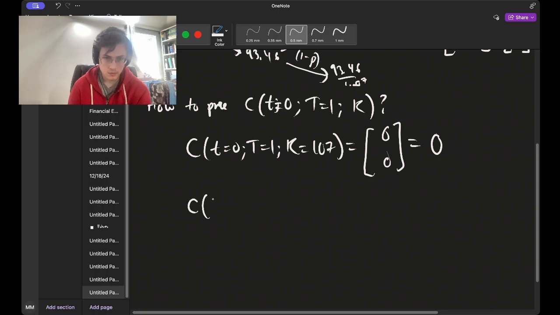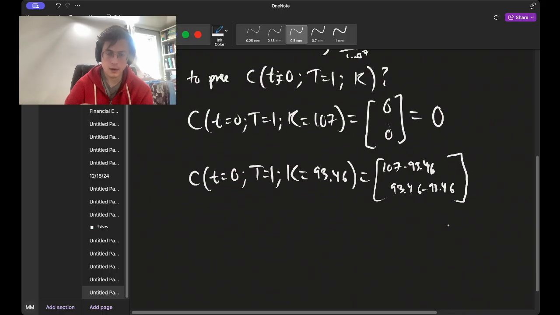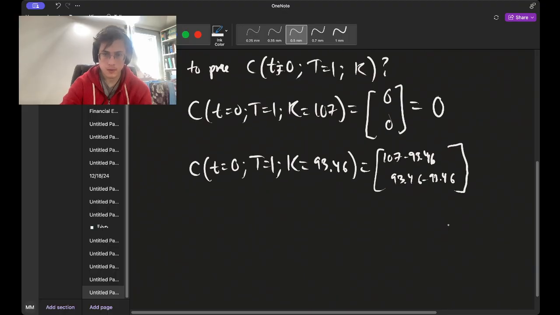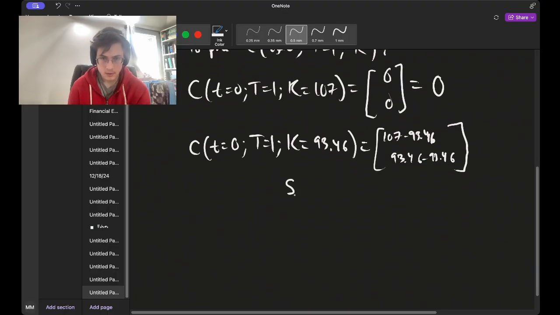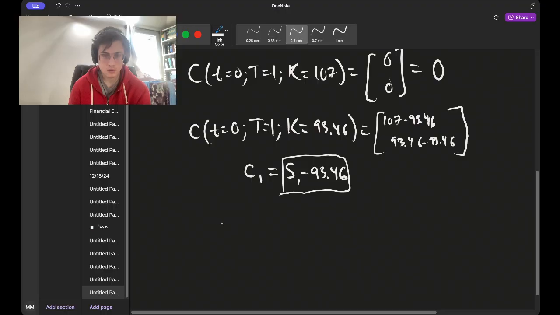Okay, so another example, this one is a little bit more difficult, what if the strike price is 93.46? So in one case, you make 107 minus 93.46. In the other case, you make 93.46 minus 93.46. So this is not 0 anymore. So how do you price this option? In either case, you make S1 minus $93.46, right? So what is the price of a guaranteed cash flow that's equal to this? Well, a way you could replicate this with a portfolio is you could